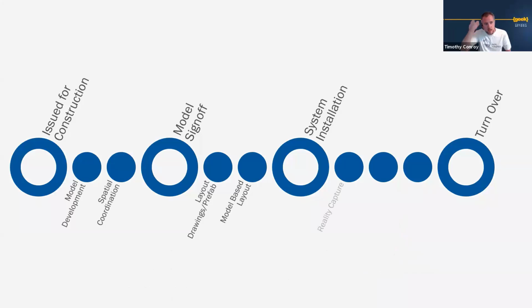And that's where reality capture starts to come in. So we started adding reality capture with laser scanning, photogrammetry, progress photos, etc. We also then started to look at how we leverage these point clouds, this data set, to validate the installation, and then ultimately to update our as-built models, to then give a better product at turnover, not just